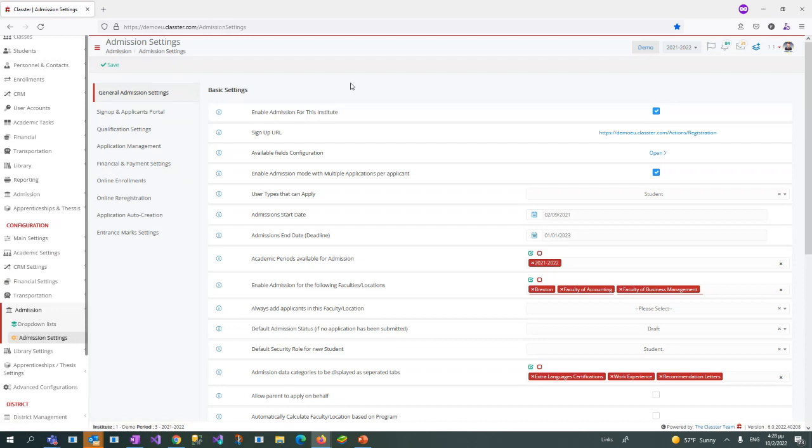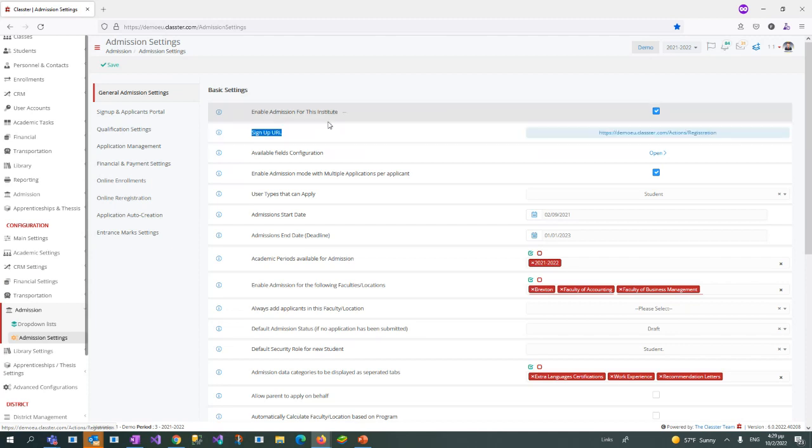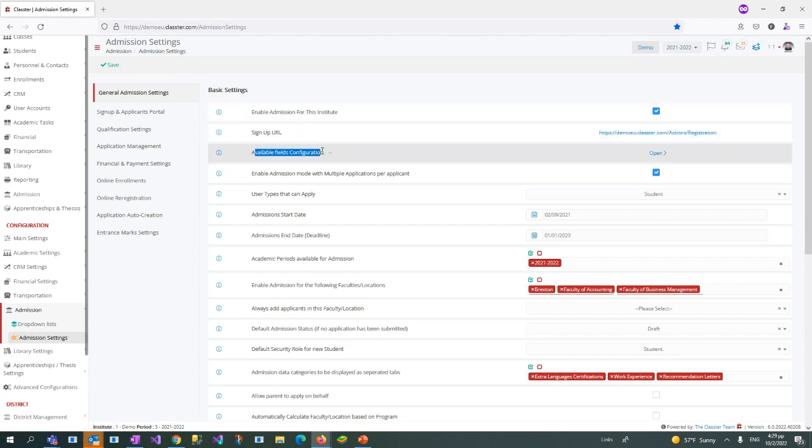So first of all, we have to enable the admission for our institute. We can find the sign up URL for the applicants. You can take this link and add it in your website, for example. The third setting in the list is the personal data of the students. So if I click on open,